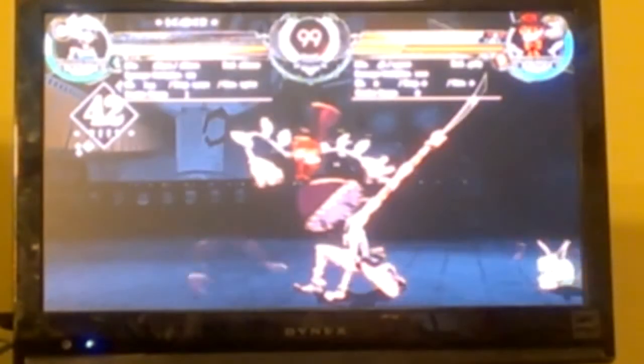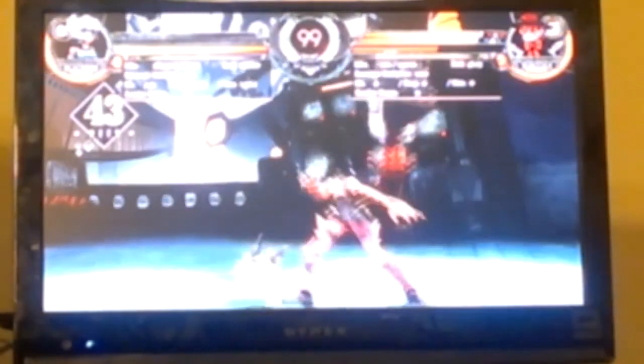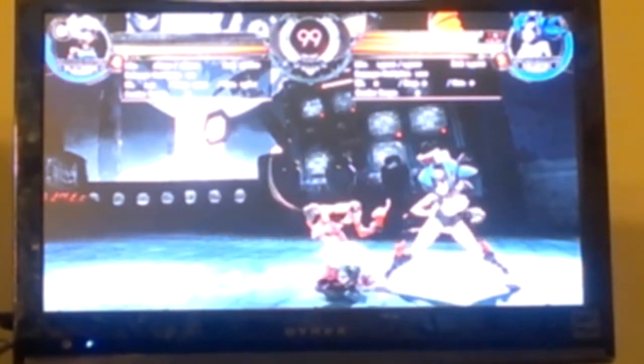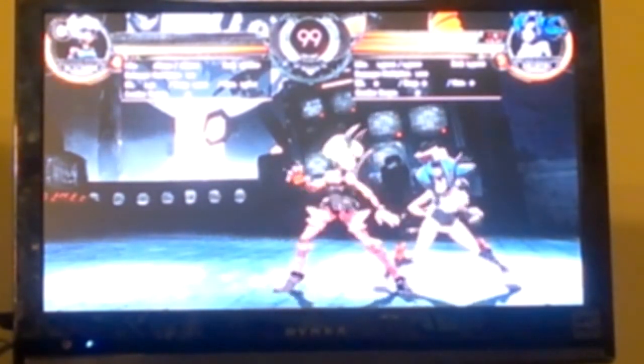I can do this, and then do super. The good thing is you can do this if you wanted to, and continue. You can even use more normals that you haven't used yet in your air chains, and then keep going for no particular reason other than you have meter to burn. That is not the best way to kill a single character in a team of 3. I mean, the